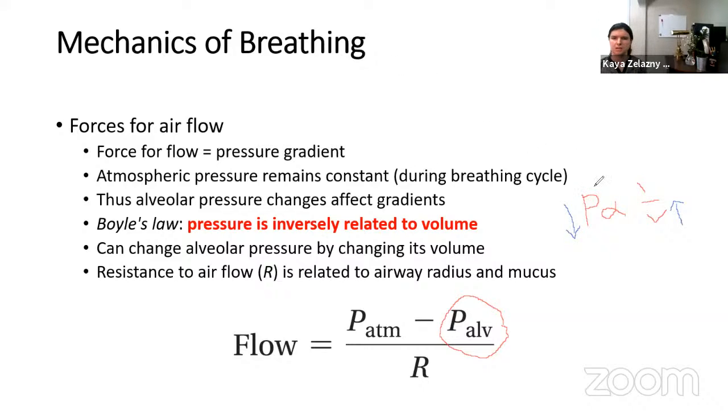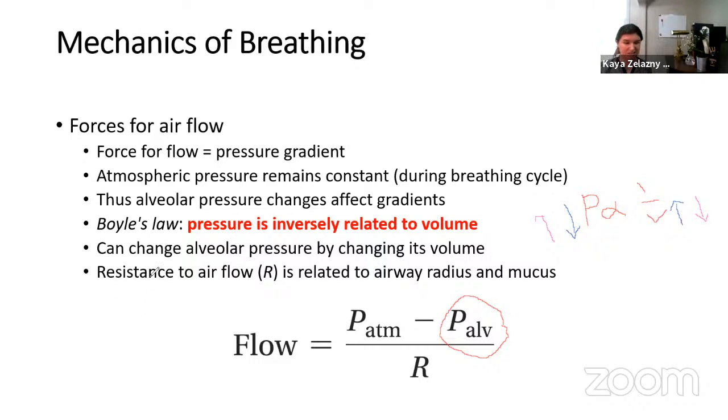Let's use some pink. Okay. So if volume goes down, if our alveoli get smaller, our pressure will go up. So we're going to be able to change the alveolar pressure by changing the volume of those alveoli due to this inverse relationship. We're also going to talk about resistance to airflow in a little while, but we've seen before